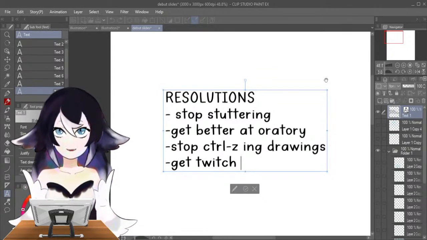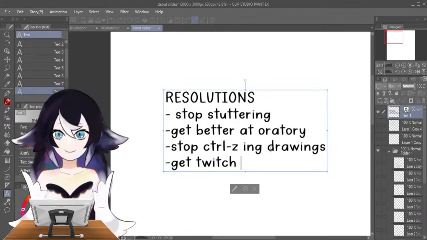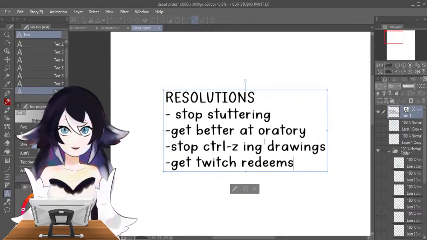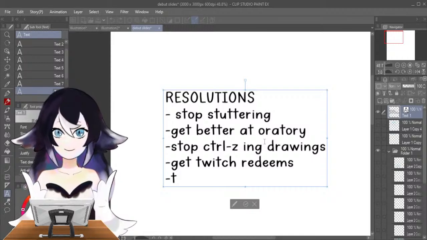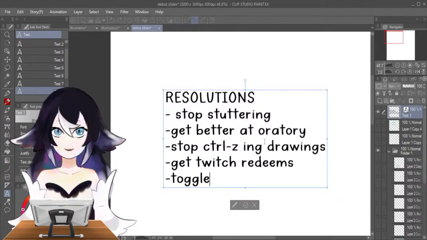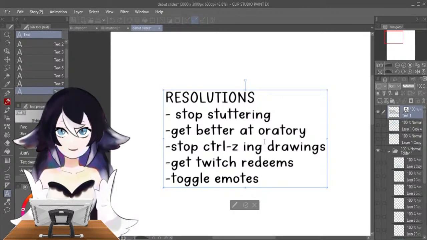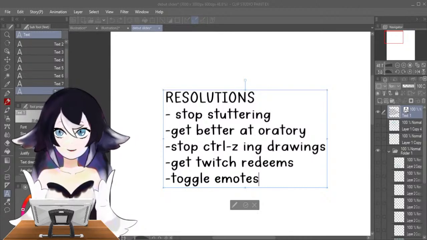If I get at least $1 for making this model, it will be worth it. And also toggle emotes, because this character doesn't have any emotes. At least I figured out how to make it in Live2D, which was a miracle. It took so long.